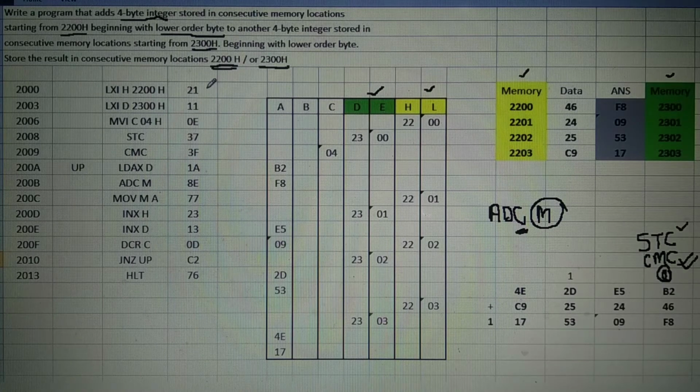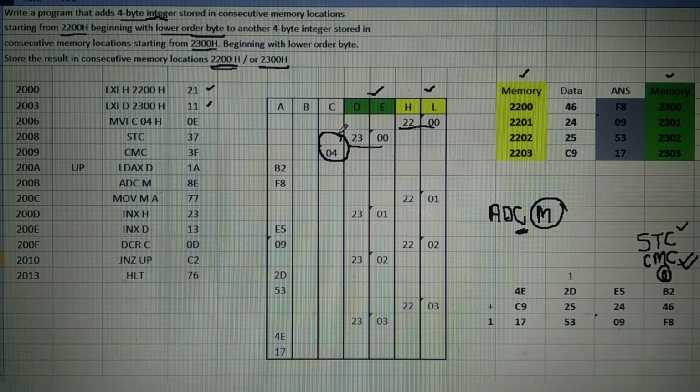LXI H, 2200H, HL is loaded with the number 2200. Then LXI D, 2300, DE has the number 2300. You have to add a 4-byte number, therefore a counter should be there in register C, that is 04.